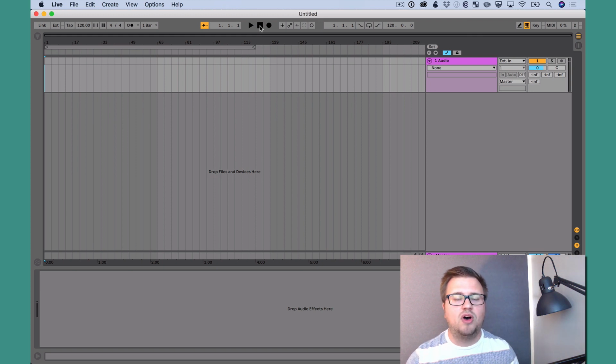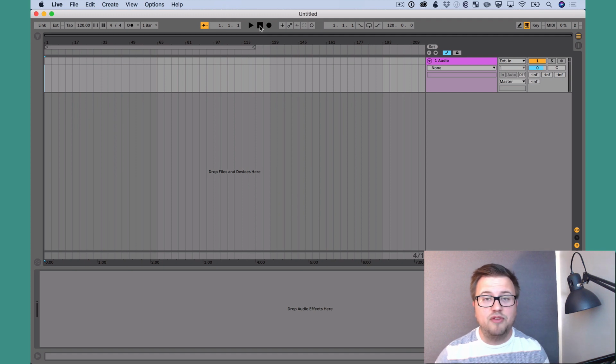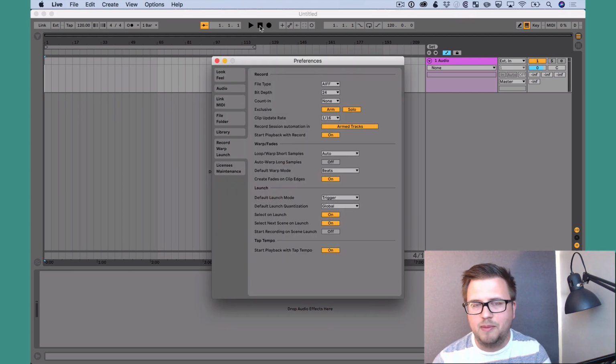So if we disable auto warp long samples, then it disables Live's ability to try to guess what the tempo and key is and just keeps things locked in. It makes things really simple in the beginning. Eventually we'll incorporate warping to do some really cool stuff though. So in order to disable auto warp long samples, let's go into Live's preferences, command comma. We want to go to the record warp launch tab, and we want to make sure auto warp long samples